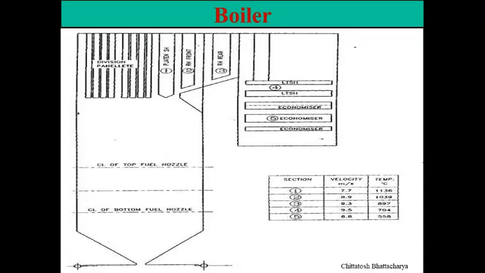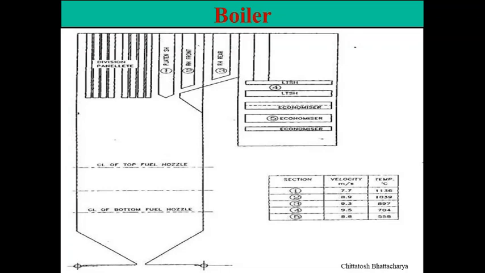Now we can see the arrangements of these individual components as they are placed within the boiler, and they are placed in such a way that where the temperature of the working fluid is higher, we have higher heat value available in the flue gas to make the heat transfer possible, and where flue gas heat value is less, their heat absorption requirement is also less.